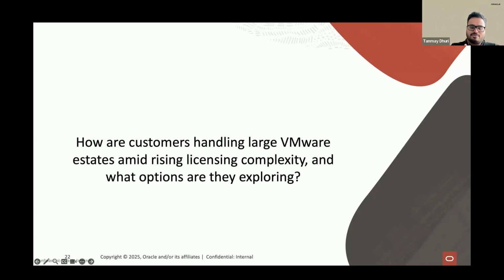changed the licensing policy for VMware, that became like an inflection point for IT enterprises, the leadership, to consider potential options instead of getting locked into a singular deployment mode. That was kind of the trigger for them to consider other deployments. And that's where we saw a barrage of questions coming in on how they can eventually migrate to KVM, the hypervisor that OCI offers, or if they could continue using VMware just on a different platform.